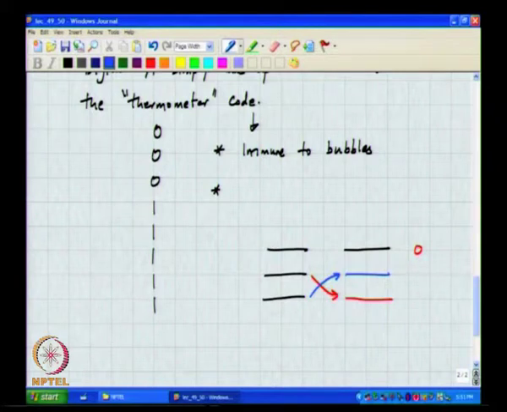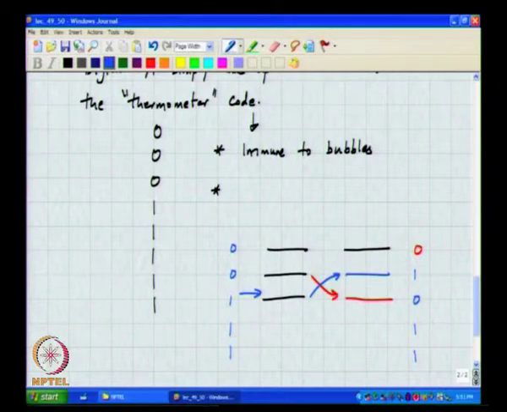Then what will you get if the input was here? Ideally you should have got 1 0 0, and now what will you get? 0 1 0, okay. So if you did not have bubble correction logic, you will find that this gives you a whole lot of pathological errors, alright. I mean assuming everything below is okay, this is what you would get,